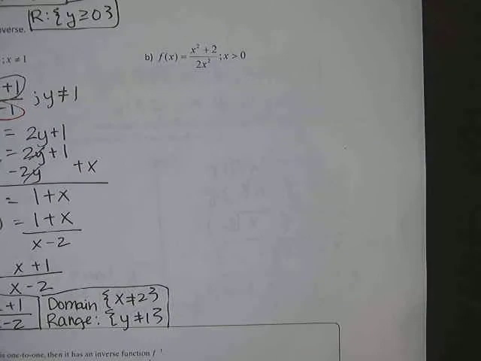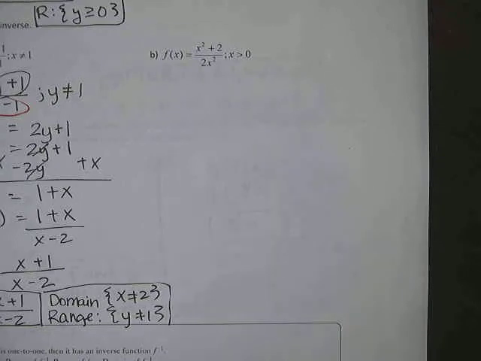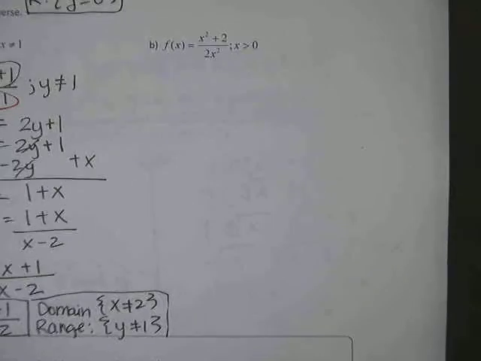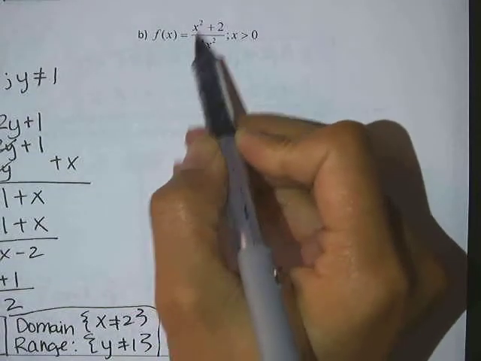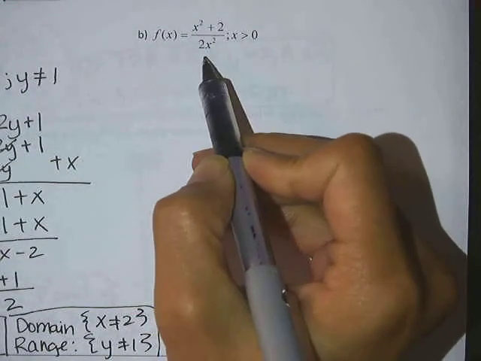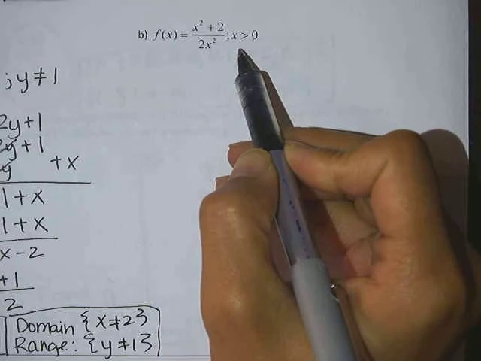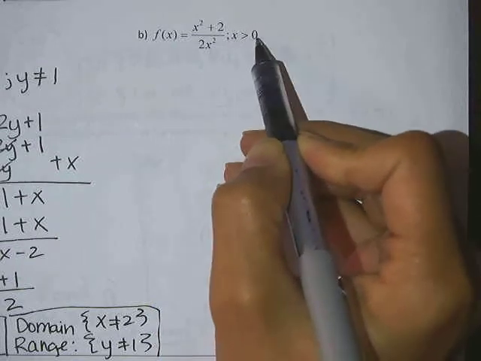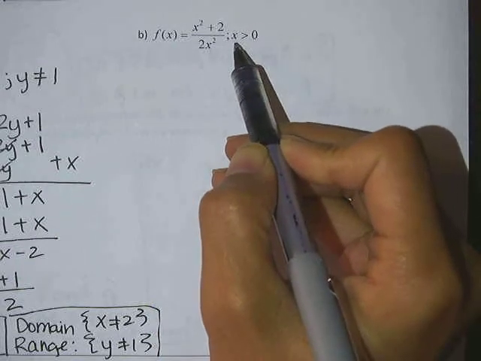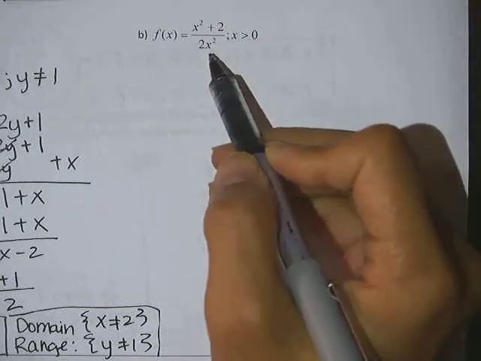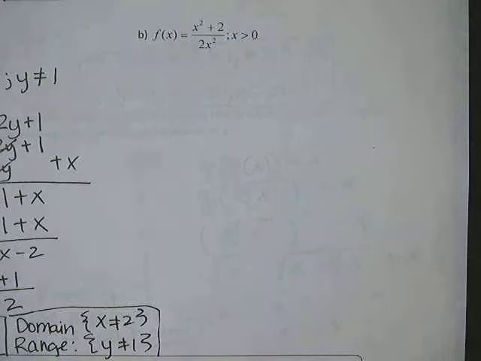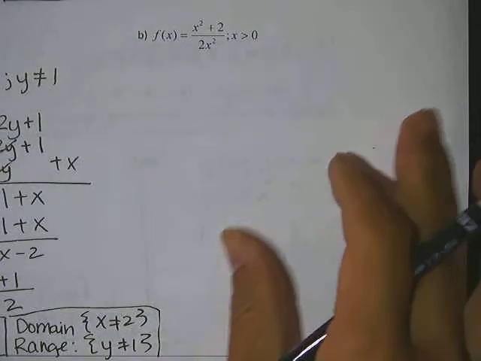Example B is asking for us to find the inverse as well. Let me just zoom in a little bit. So we have f of x equals x squared plus 2 all over 2 times x squared. And now, check this out. It's excluding, it only wants the positive side of this function. The reason it does that is probably because this one is not one-to-one. And just to remind you what this looks like,